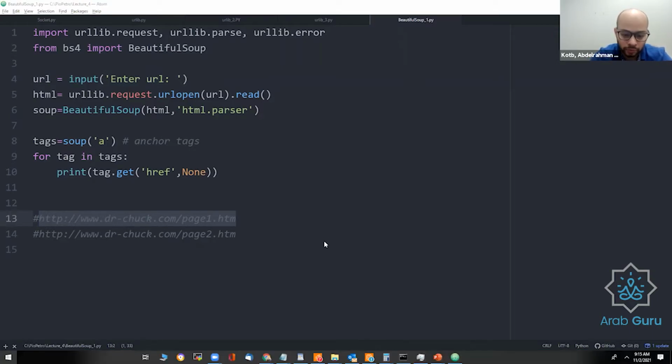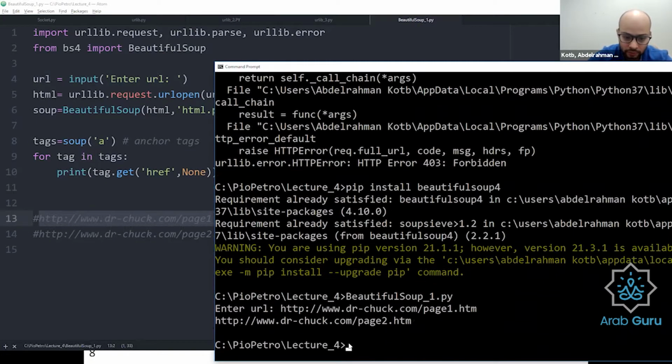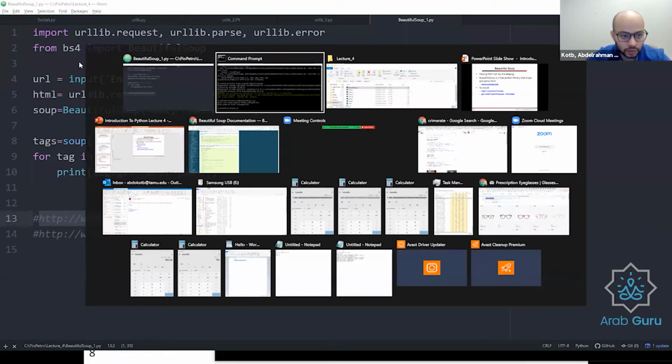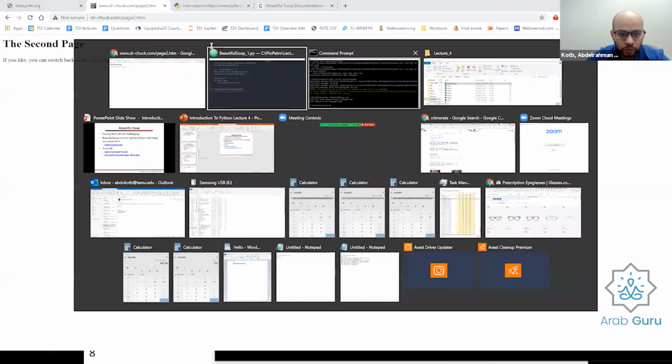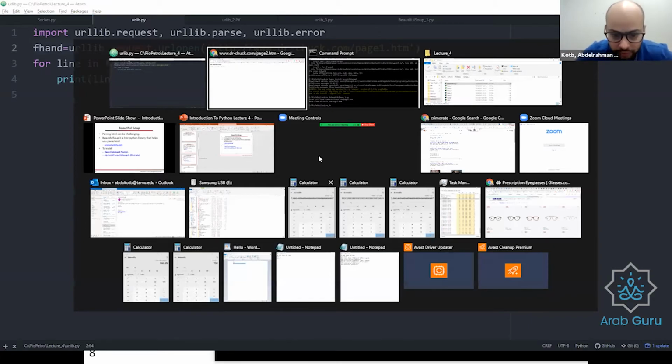So if I do soup, and then I enter this website, it's going to give this. Actually, let's try these websites for the other codes, since they are working, to show you. Okay, let me see. So for this one, it would be, let's see. Yeah, that's good. So it is working.